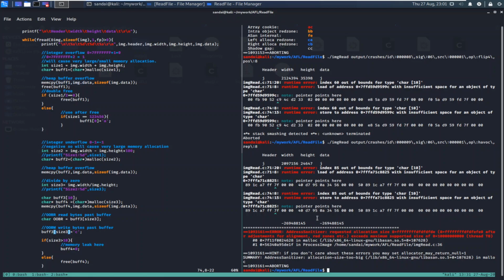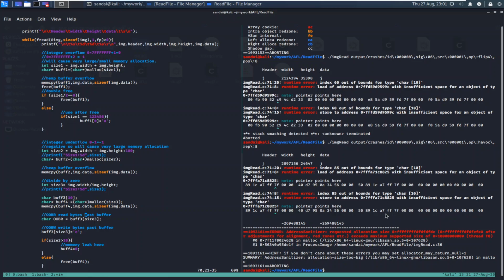So let's go and see what is at line 71. You can see at line 71 it is basically an out of bound read. Size 3 is trying to read at index 85, which is a very large value, and since the buffer is of size 10, this is an out of bound read issue.